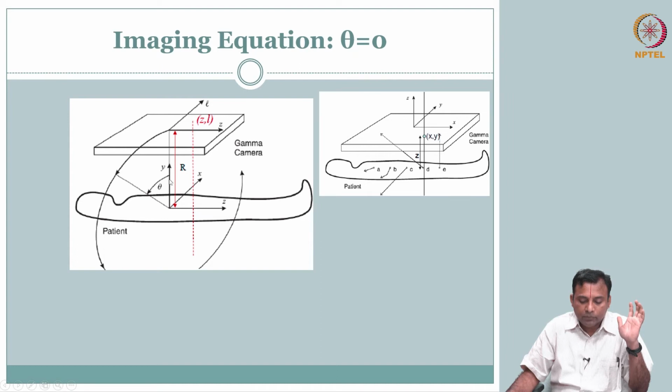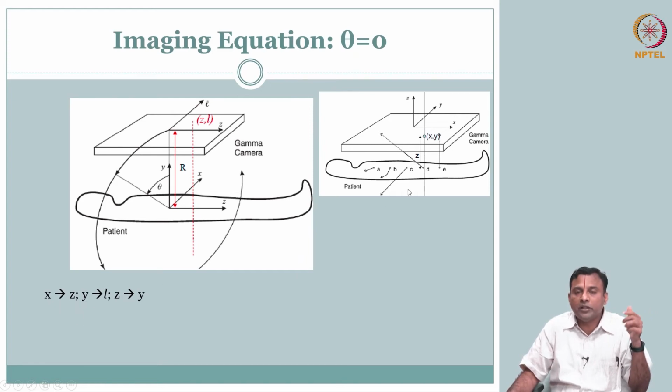So, we will now write it in terms of this coordinate system, the isocenter. What we need to do then is go from the imaging equation we had to what we want, so that we can reconstruct in X comma Y. We look at this and say, oh, this Y is L, and this X is your Z, and your Z is in this direction, Y. So, we recognize this and make this substitution: X to Z, Y to L.